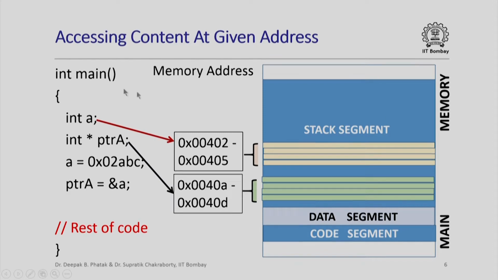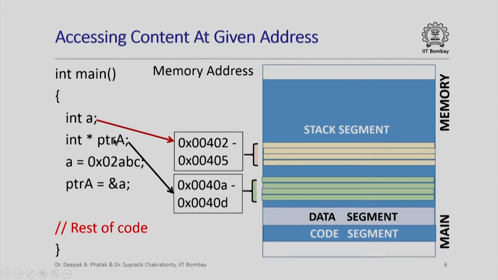So let us look at a simple C++ program where we will try to access the content at a given memory address. Let us start off in this way. We have an integer variable a. We know that an integer requires 4 bytes for its storage. Each memory location stores just 1 byte. So we are going to allocate 4 consecutive memory locations to store the value of a, and let us say for the time being these are the 4 consecutive memory addresses for these 4 locations.